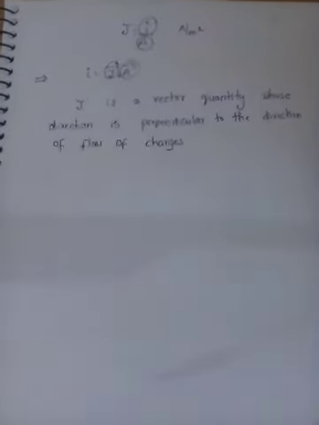Here we have to note one point: current through any cross section, of any shape, remains constant, but current density changes. It depends on the area of cross section it is moving through. So this is about current density. What is current density? It is defined as the rate of flow of charges per unit area of cross section, or current flowing per unit area of cross section.